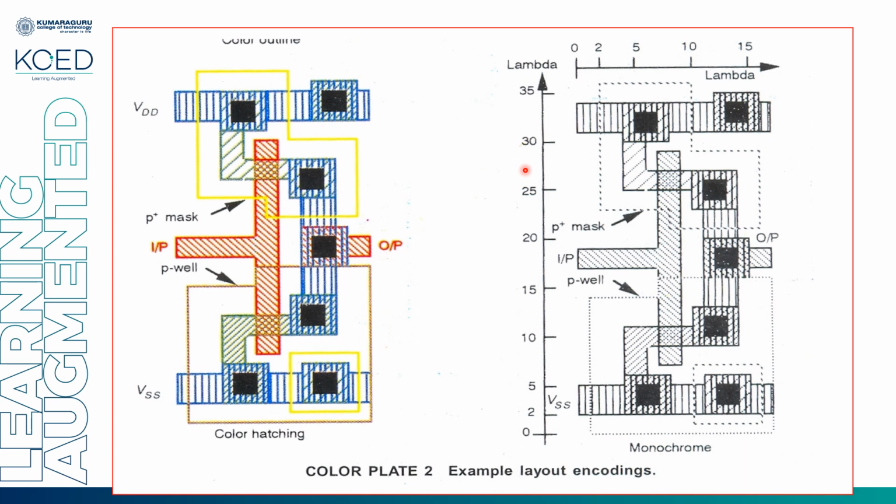And the next diagram shows the CMOS inverter design based upon lambda based design rule. If you know the lambda based design rule, you can sit back and check whether the rules regarding width, minimum space between the layers, and overlap are being followed or not. Either you can use this kind of scale or you can mention the